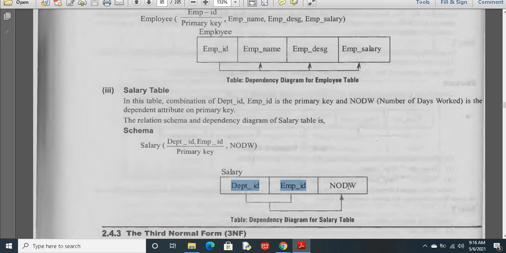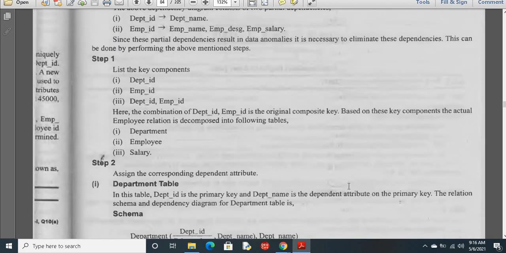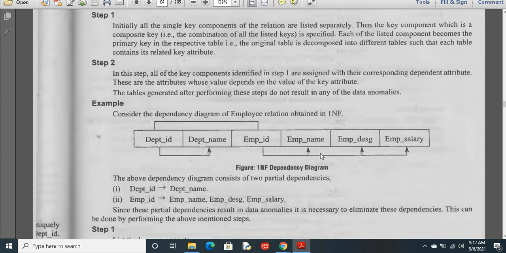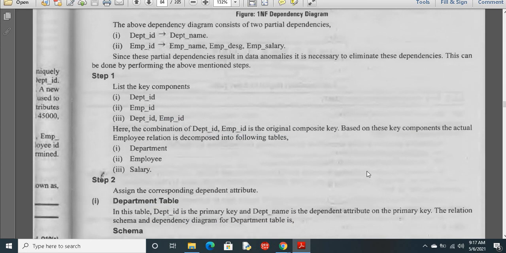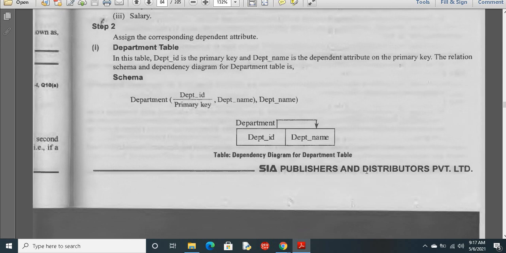Any non-key attribute should be dependent on the key attribute. Non-key attributes must all be dependent on the key attribute. But in the table we had in first normal form, if you see this table, there are multiple dependencies. So if you go with a composite key of department ID and employee ID, all the non-key attributes are dependent on this primary key or composite key, so there is a possibility of anomalies. To overcome that, we are splitting the entire table into three tables to maintain proper dependencies. That is considered second normal form.